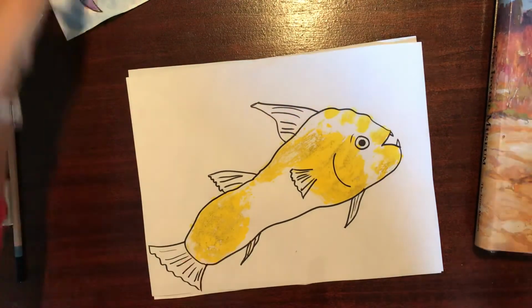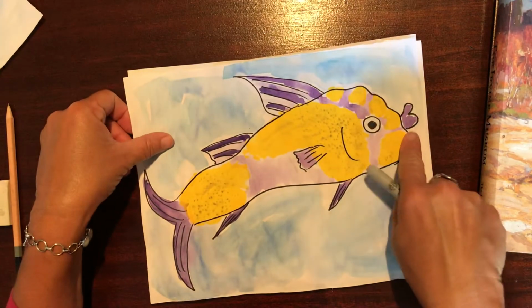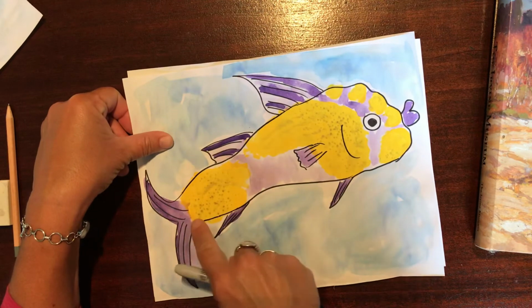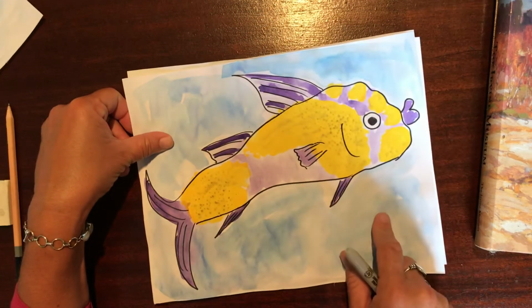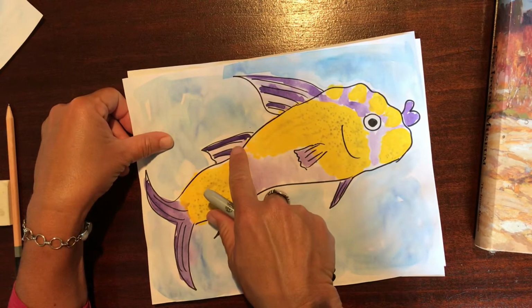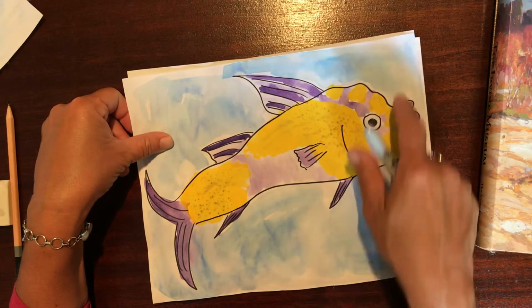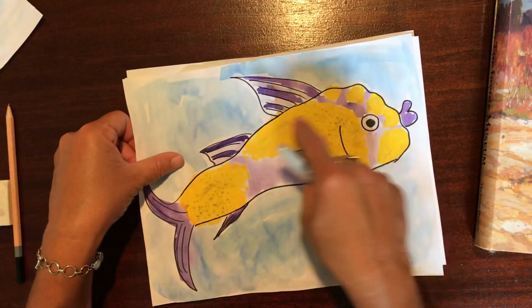On another version, instead of doing the open mouth, I did the fish lips here, and I did the split tail. So you can be very creative in how you want to finish your foot fish or your feet fish. You could add color all around. I use watercolor over top of this acrylic paint. You can color them with marker, put some bubbles up here, add some interesting shapes, but the natural outline of your foot